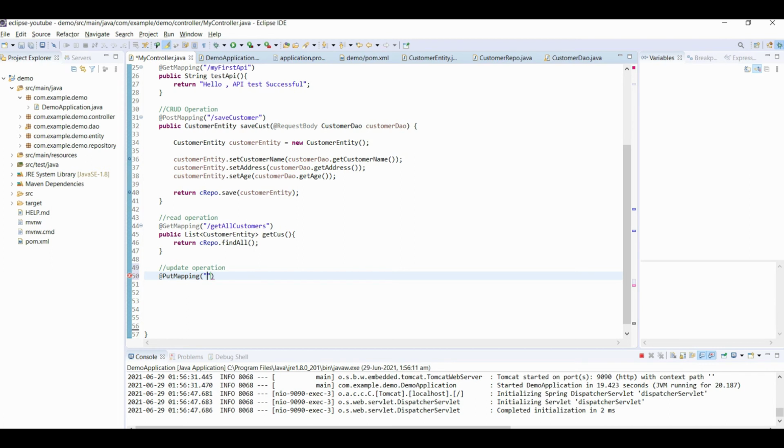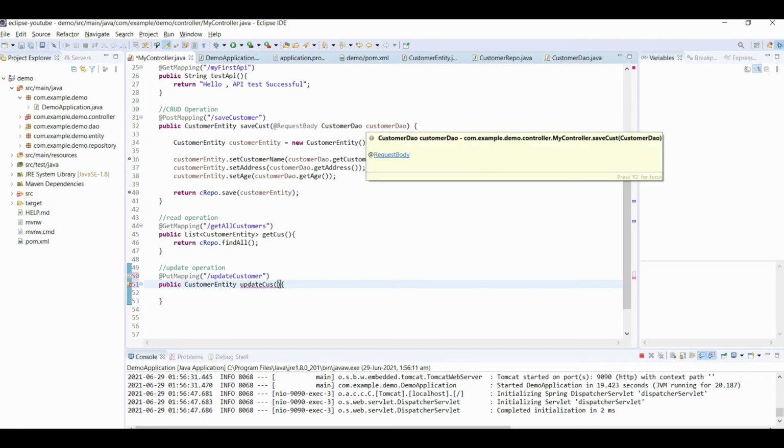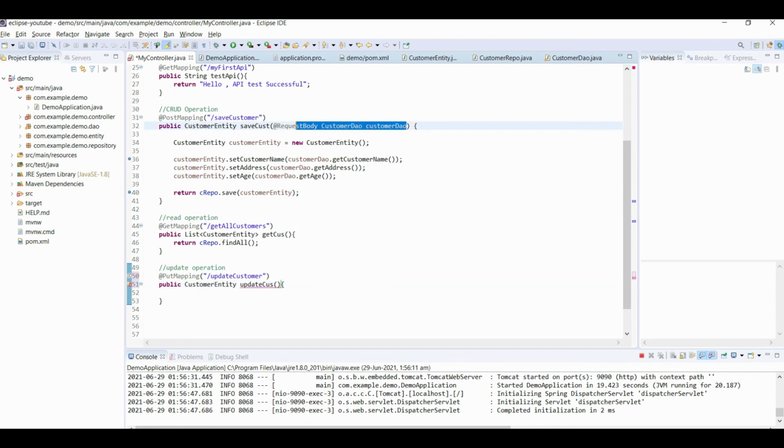And inside put mapping, let us give the method name as update customer, and now we have to send the customer DAO, whatever you want to update.